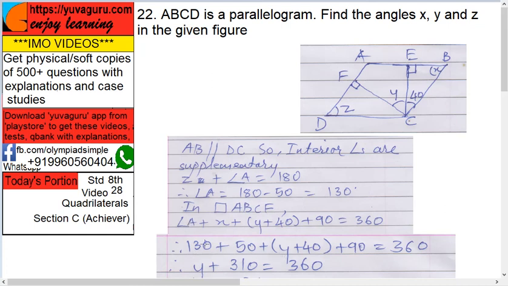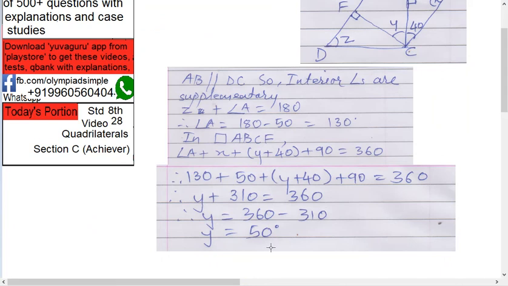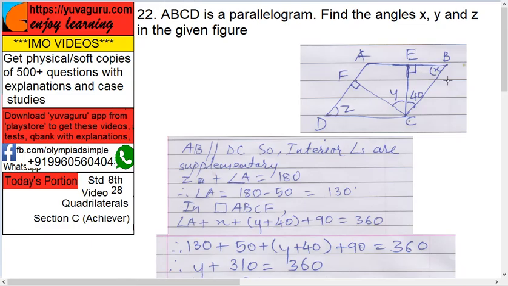So all we know except Y now. So 130 plus 50 plus Y plus 40 as it is plus 90 equals 360. So add all of them. Y plus 310 equals 360. Therefore Y equals 50 degrees. So we have found out both. X equals